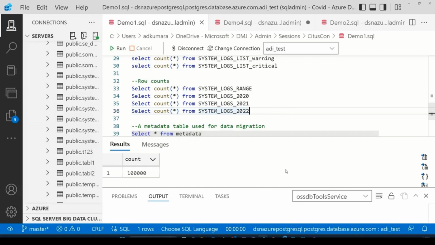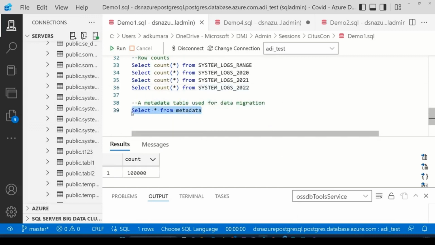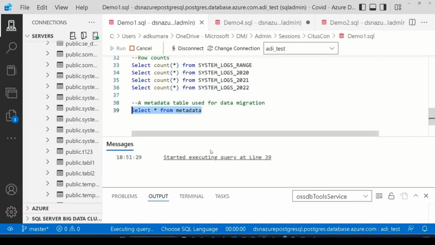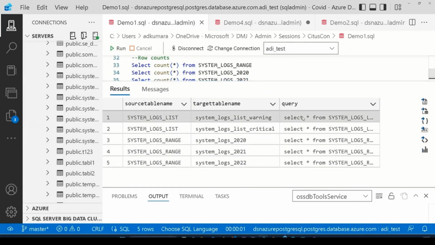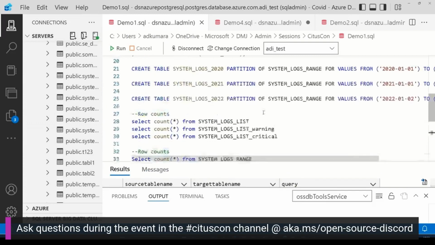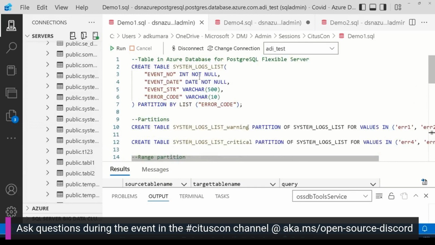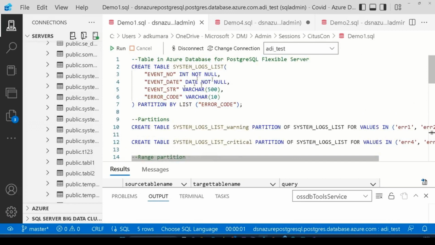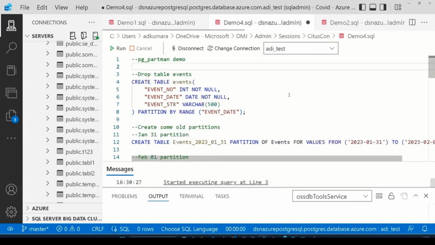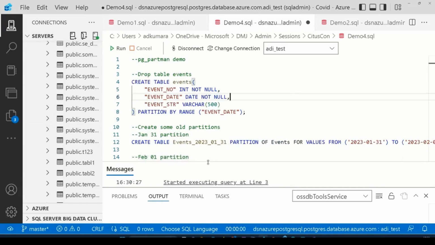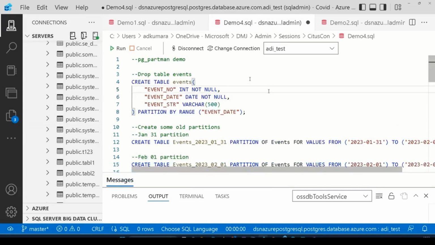The whole migration that we saw was driven using a metadata table, which contained the details of the partition which needs to be copied. And Azure Data Factory used this table to query the source and copy the data in parallel. In case you have many more partitions, you would enter those rows into the metadata table, and then those partitions would get copied. We spoke about pg_partman in the earlier part of the session, where you could manage the